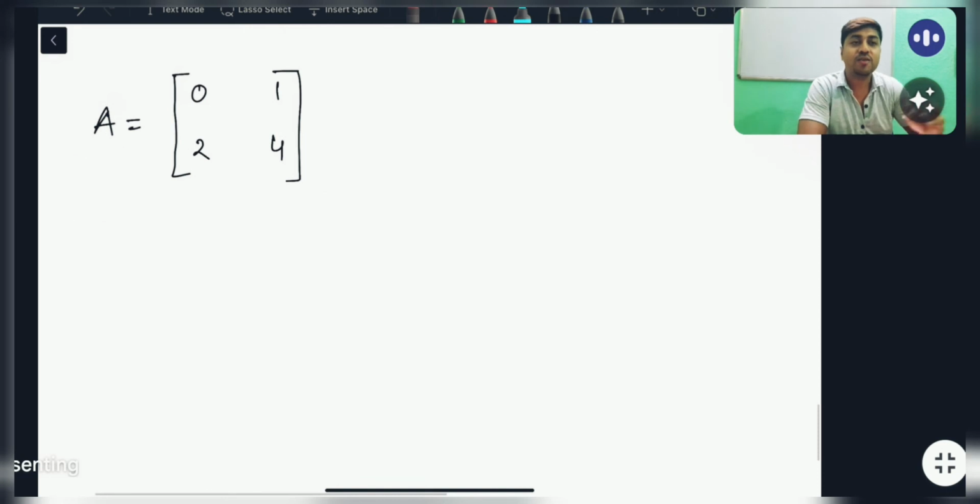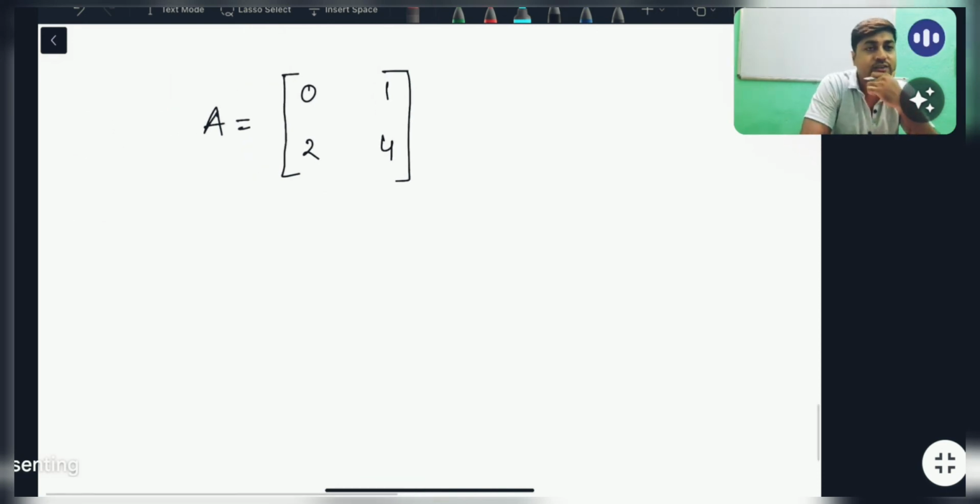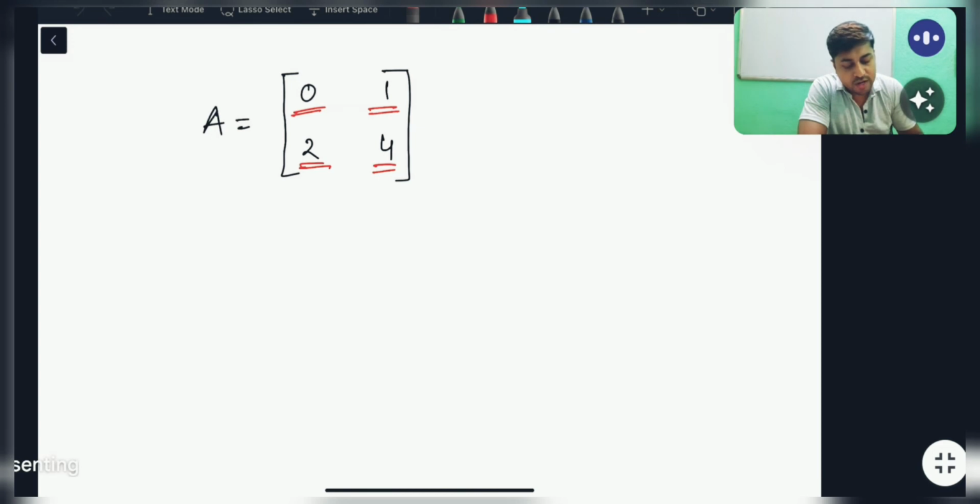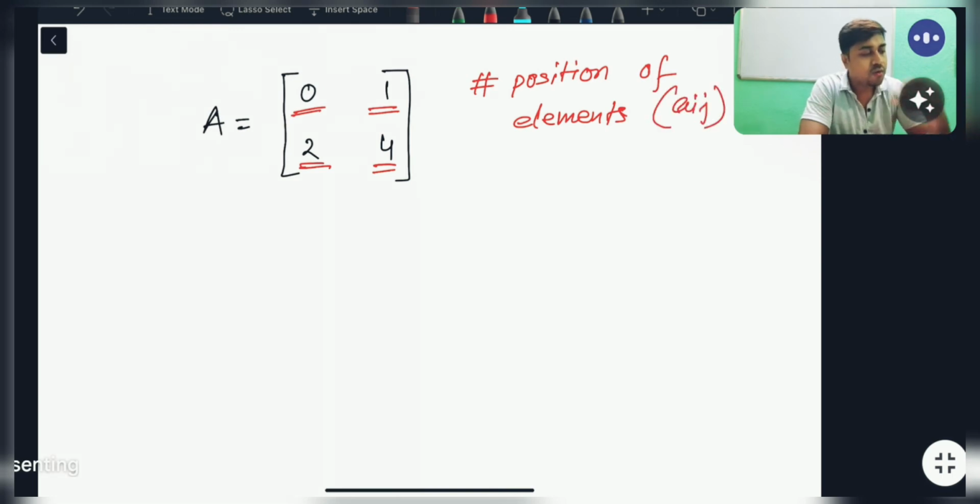সো এনিওয়ে, তো সেখানে কি করছে যে অ্যাড্রেস, মানে এই যে কথা বলা হচ্ছে অ্যাড্রেস নিয়ে, তো অ্যাড্রেসটা অ্যাকচুয়ালি কি, ম্যাট্রিক্স এর অ্যাড্রেস আছে। হোয়াট ইজ মিন বাই অ্যাড্রেস অফ দ্য ম্যাট্রিক্স? এই যে এলিমেন্ট গুলো ফোকাস করো না, এই যে এলিমেন্টের যে পজিশন গুলো, পজিশন অফ দ্য এলিমেন্ট দ্যাট ইজ নিডেড, 0 1 2 4, এই পজিশন গুলো কোথায় আছে? ওকে, সো মোস্ট ইম্পর্টেন্ট কি এখানে আমি লিখছি হ্যাশট্যাগ পজিশন অফ এলিমেন্টস।